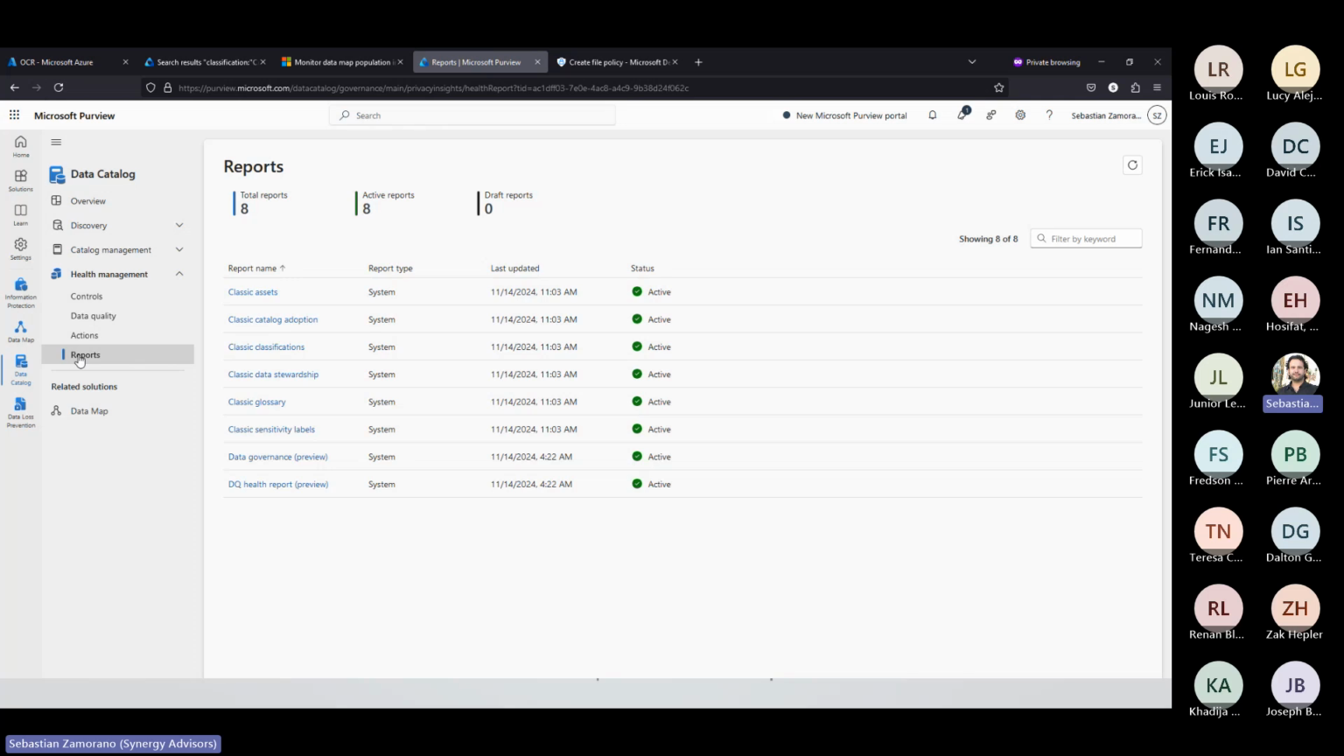But we need to understand that Data Catalog is data governance, not from an IT perspective, but from a data model perspective. We have another